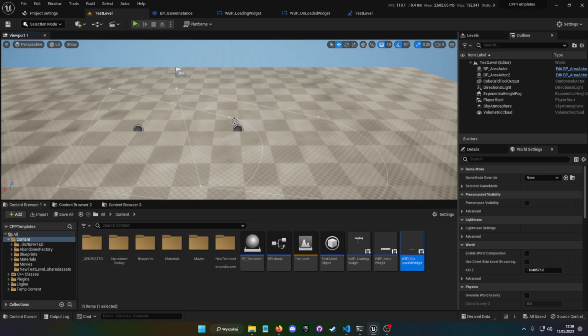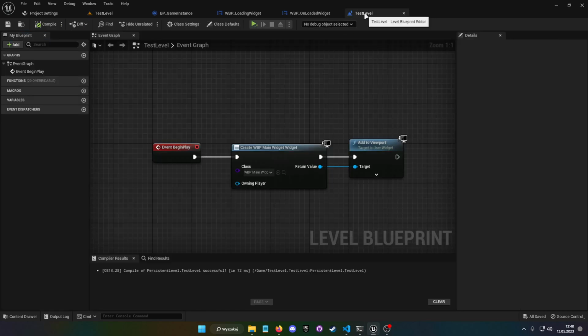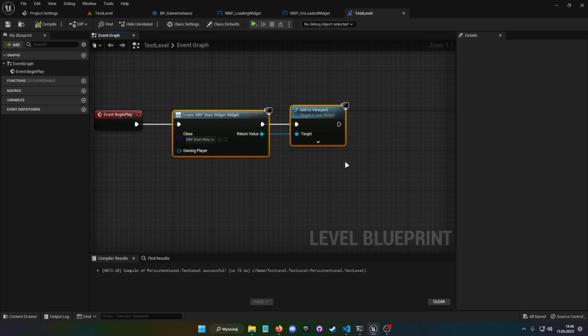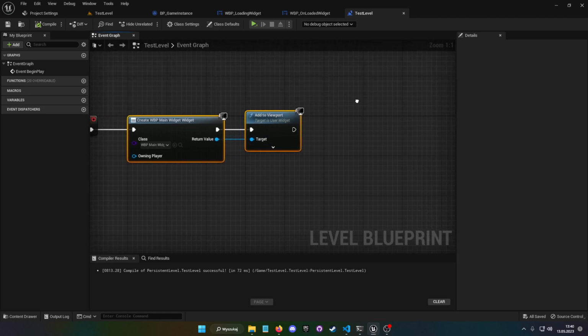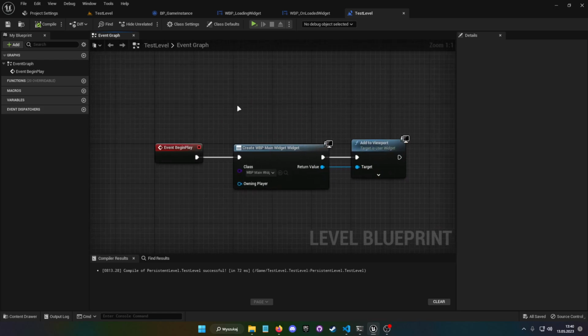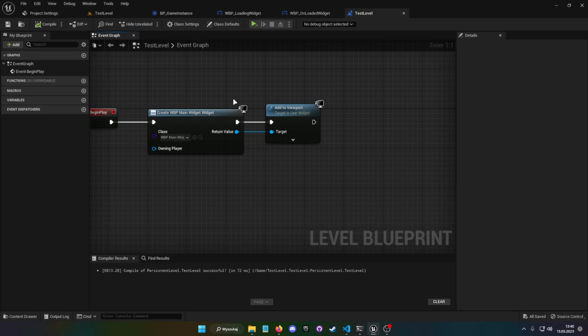And okay, let's start. How does this work? Basically, the primitive method does not work because the game thread is frozen when the game is loading.